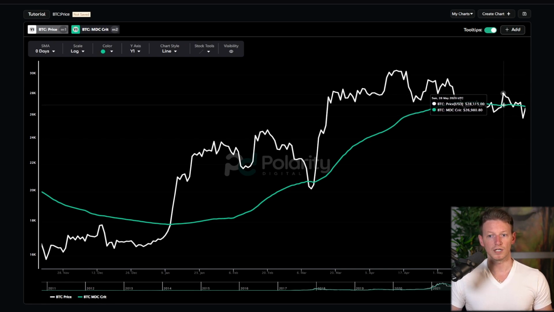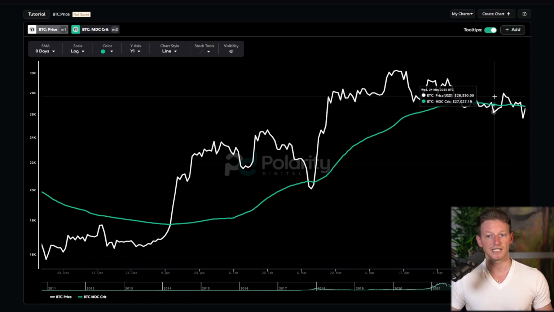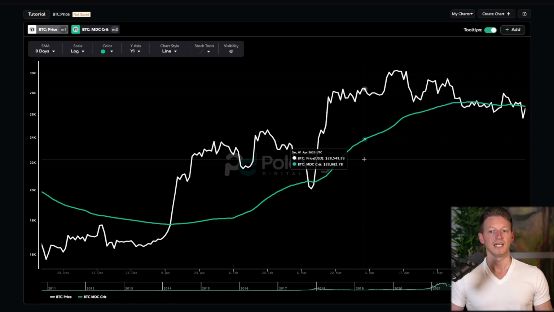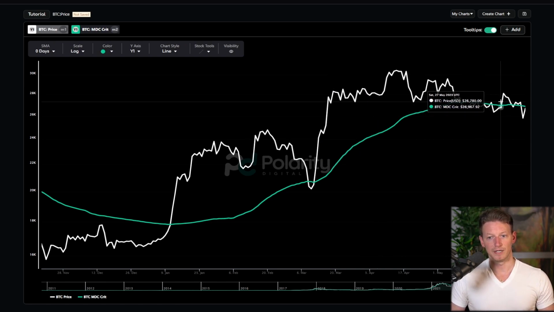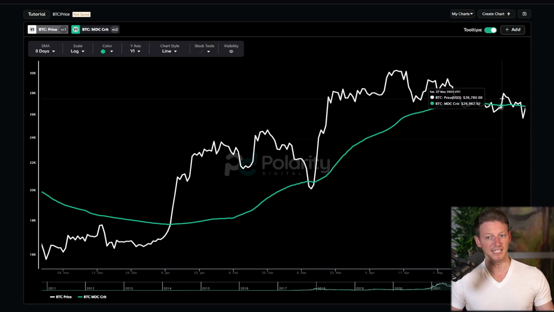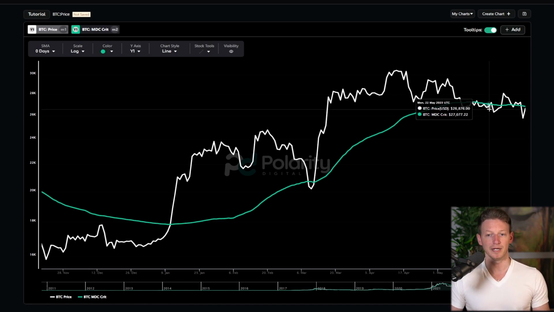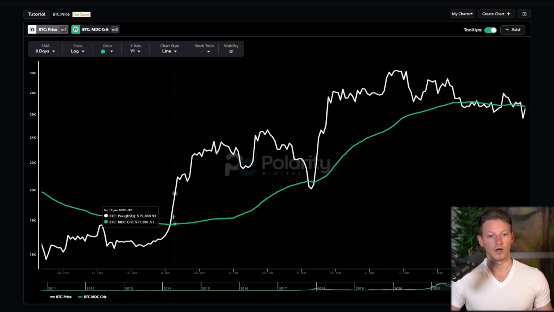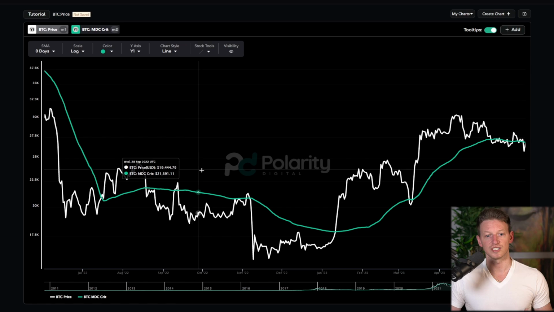Like we swung above the MDC here at the end of May, May 28th, but then you instantly started to see the price coming back down to the MDC. That is a perfect example of somewhere where, all right, we're in this overall downtrend and we did break above the MDC here. Maybe I'm not going to go all in. Maybe I'll only get in 10% today.